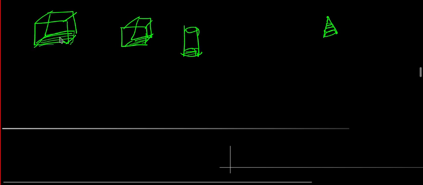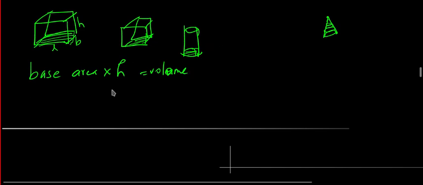For this rectangle, what is the area? This is the length and this is the breadth. This is the height, as these dimensions. So this area will be length into breadth. So base area into height will be the volume of